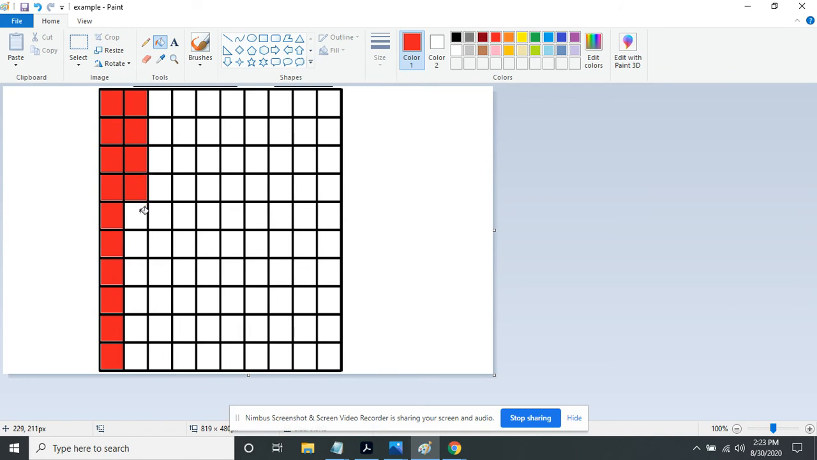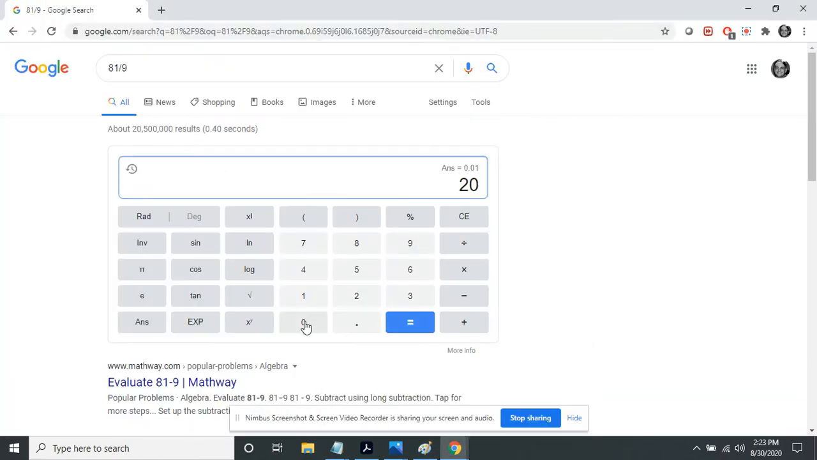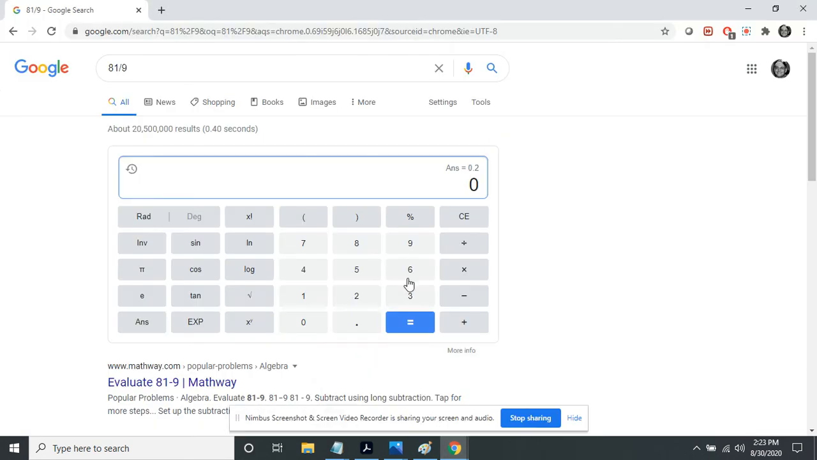What if I color in 2 whole things? What if I color in 20 squares? And that's going to be 20 out of 100, 0.2. And if I keep going, now I've colored in 30 little squares, and that is going to be 3/10. And I can keep going all the way